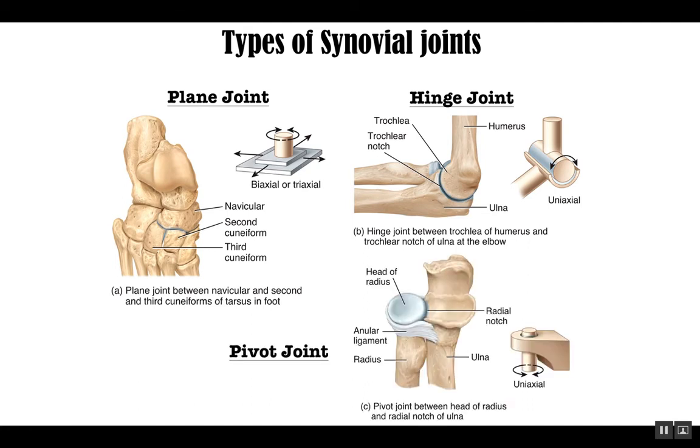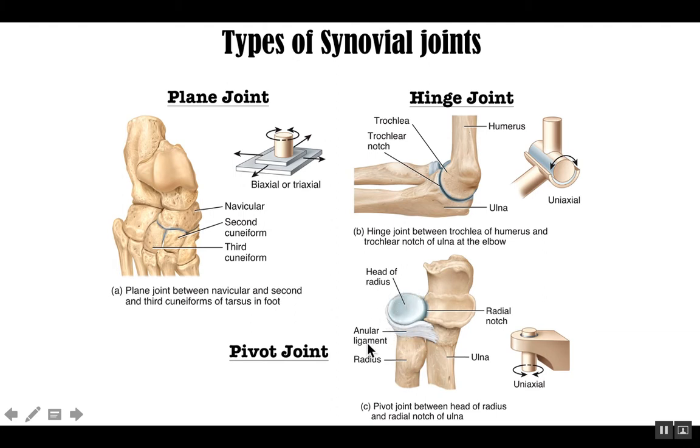There are a number of pivot joints in the body. A pivot joint allows rotation, which is going to allow one of the bones to, in essence, spin. One example is your proximal radio-ulnar joint, shown here. So here's the radius and the ulna. Pivot joints typically need some sort of a ring structure, which in this case it is formed by a ligament